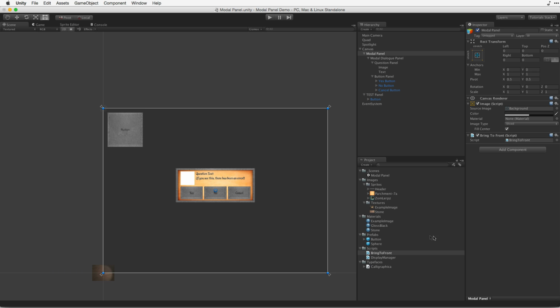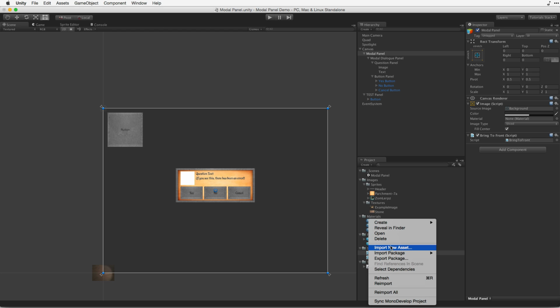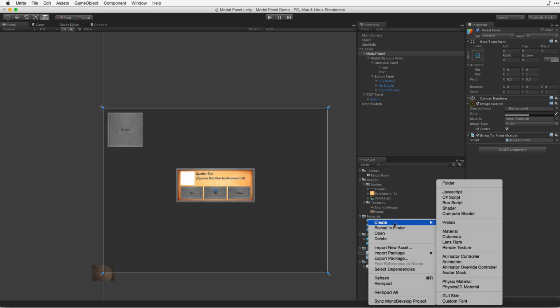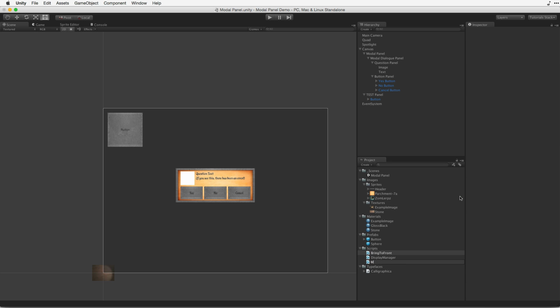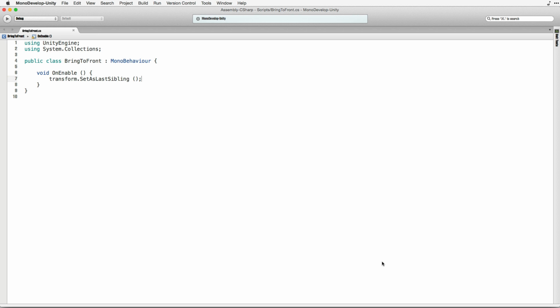Now we need to get into the meat of our heavy script. This is the script that's going to be doing most of the work. We've got another script that is a bit fiddly that's going to be the testing script, which is also an important part of this. But let's write the modal panel script now. So let's create a new C# script, and let's just call this one ModalPanel. Modal panel, modal window, giant asparagus creature from outer space. You can name it what you want. And let's bring that into